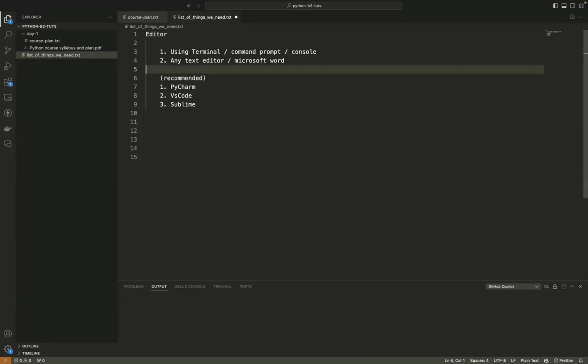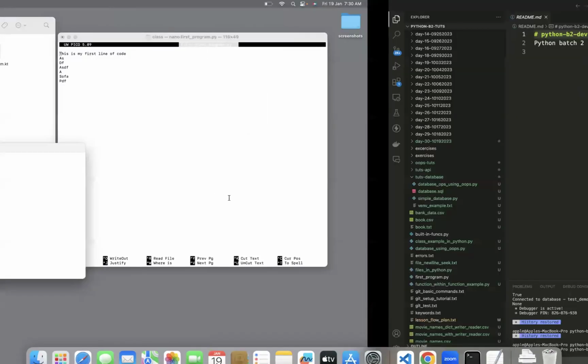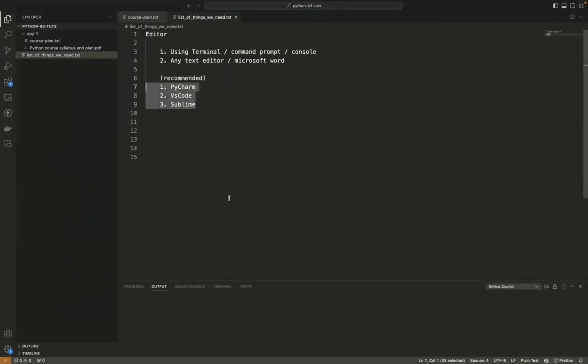If you're an expert, if you're a master in programming, you don't need all these PyCharm, VS Code or Sublime or anything. You just need a simple text editor like this. You can write your code because you don't need any external help there. Whereas PyCharm, VS Code or Sublime are called programming support tools,